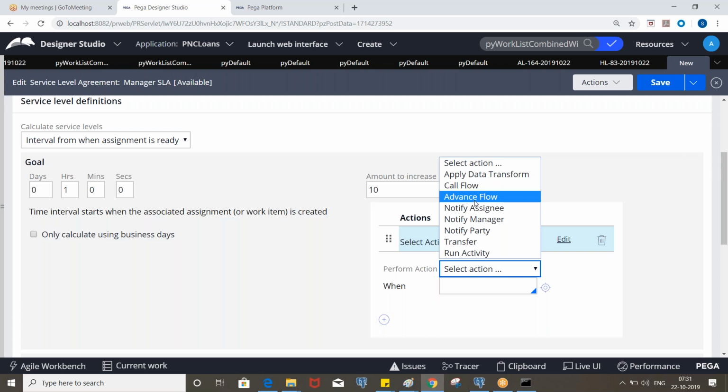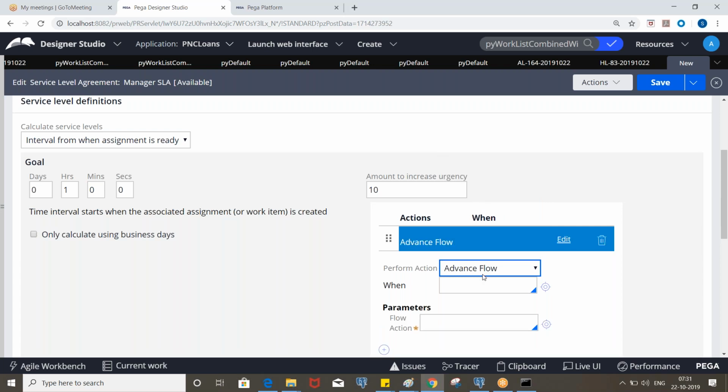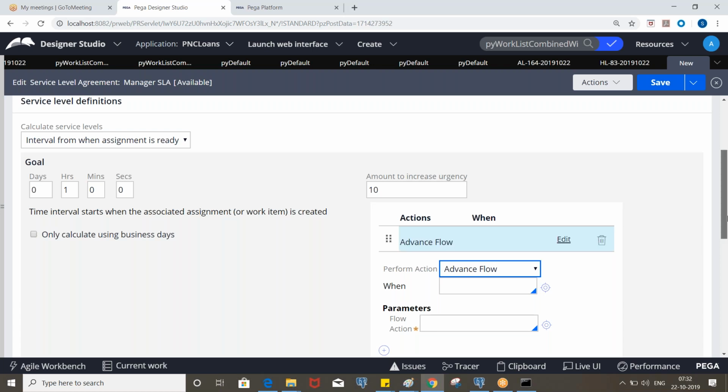In some cases, if they don't approve in a week, it has to be considered as auto approved, right? So in that case we can advance the flow, and that particular flow action we need to specify. So wherever we invoke this SLA in the assignment, the corresponding flow action has to be defined here so that it will be advanced.